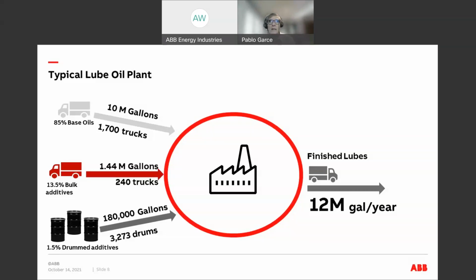And then there's 1.5% of drum additives. Why do we use drums? Well, because it doesn't work putting a dedicated truck if we're going to use 23,000 liters, 6,000 gallons in a year. We're not going to actually bring a truckload in order to be able to do that. We bring it in drums. It makes economic sense